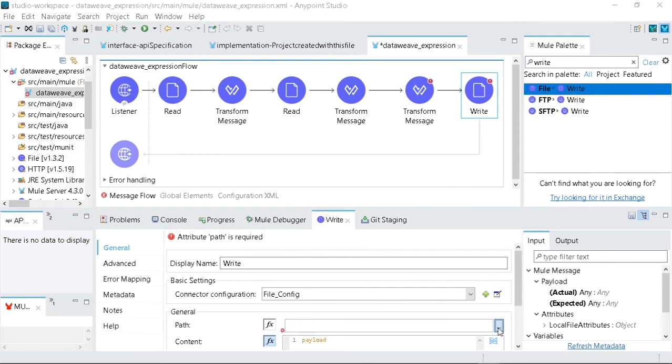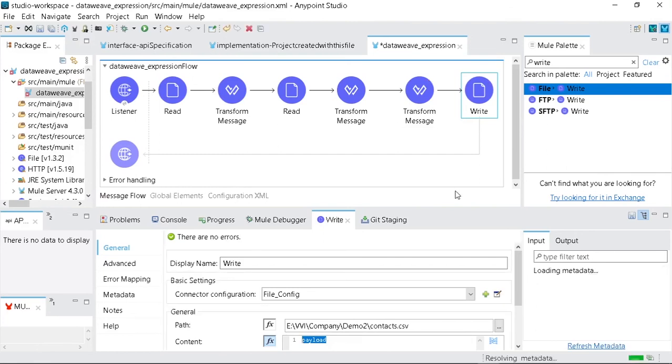Now I will take a path. With this path and file name, it will create a file, and the content will obviously be the payload returned by this transform component. Now let's run this file.